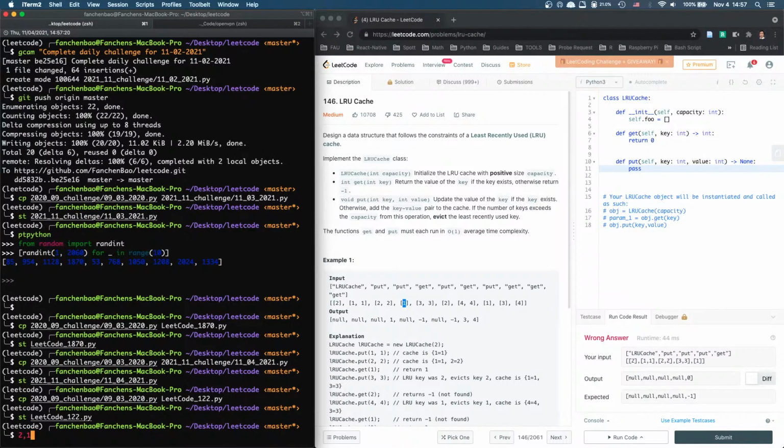So if a value has never been mentioned before, what if I mention 1 here? That's the thing. So I mentioned 2, I mentioned 1, I mentioned 3, 4, and then I mentioned 1 again. Then what do we do about this 1? I don't know. We don't do anything, until we mention, I mean, if I pop,